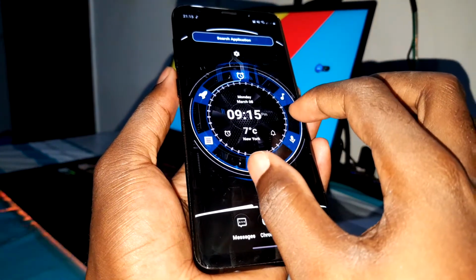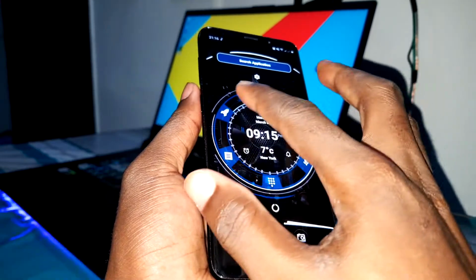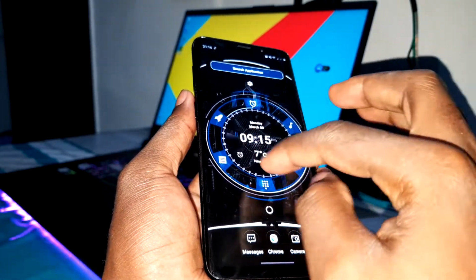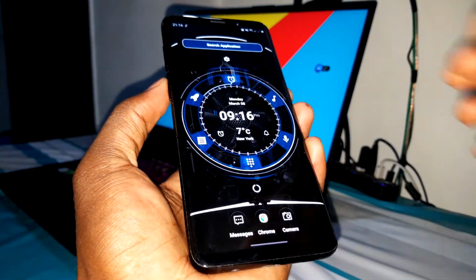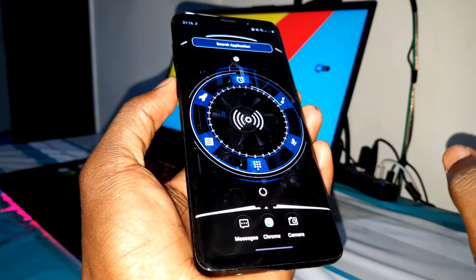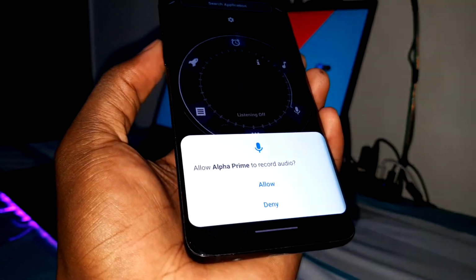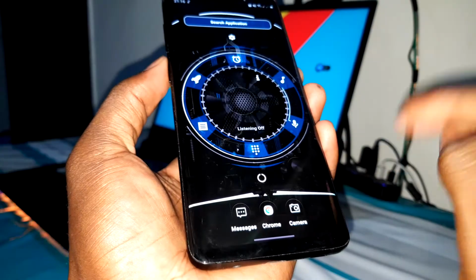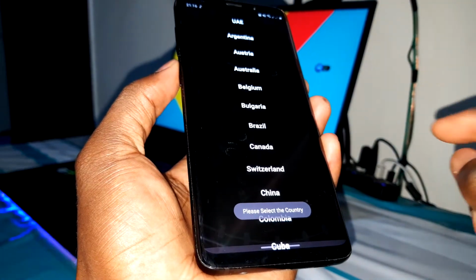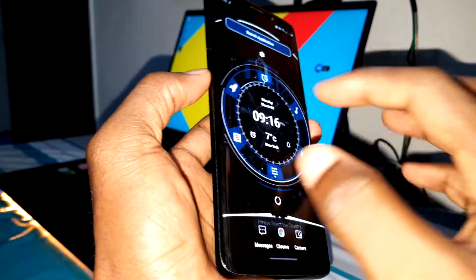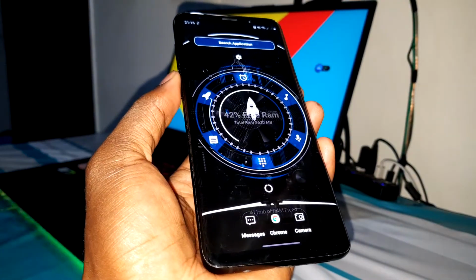And you have all of this in front of you. You have quick shortcuts. You can access quickly to clock, or music here. You have also this for recording your voice and something like that. Have this for the country. Have something like that for RAM boost, to boost your RAM.